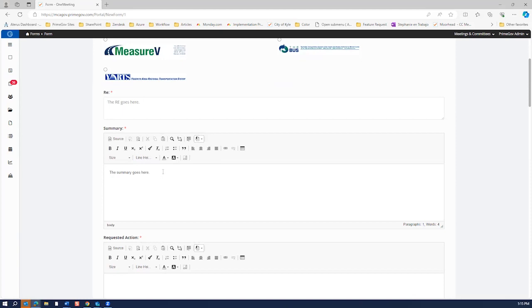One thing I will let you know is if you are somebody who likes to copy and paste like I do, if you're copying from one document and pasting it into here, sometimes the formatting from that document will also come over. That can sometimes make the form look a little odd. So if you do a copy and paste, one of the easiest things to do afterwards is to highlight this information, and you'll see that little T and that X. If I hover over that, it says remove formatting. That will remove any formatting that comes over with that copy and paste. I would highly recommend doing that,